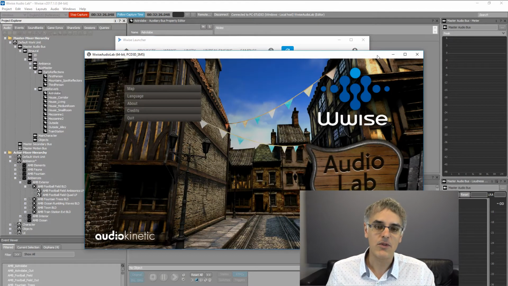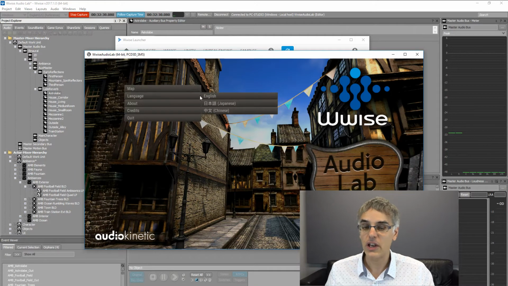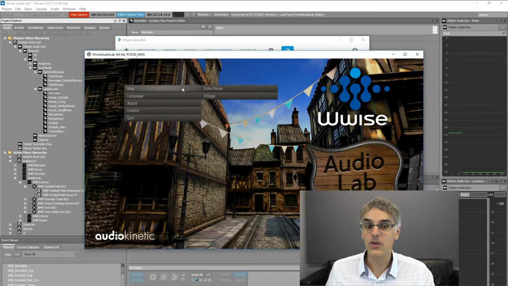So the first time you're going to load the game, you start in the main menu game where you can change the language of the game, and you can also select one of the two maps that are there. So if we start with Village,